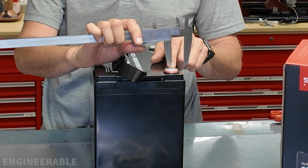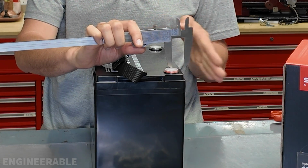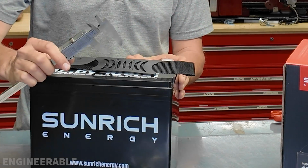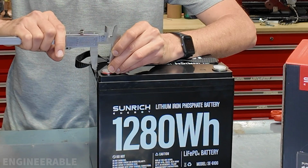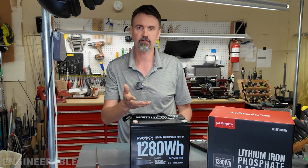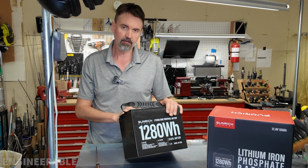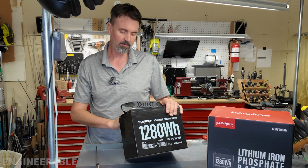The distance the post is offset from the edge of the battery is 23 millimeters in the width direction, and in the length direction, it's also about 22.5 to 23 millimeters. So I would say that the dimensions in their specs are pretty accurate, and they say that this is a Group 24 size battery. So on the battery, they quote the specs as nominal voltage 12.8, nominal capacity 100 amp hour,